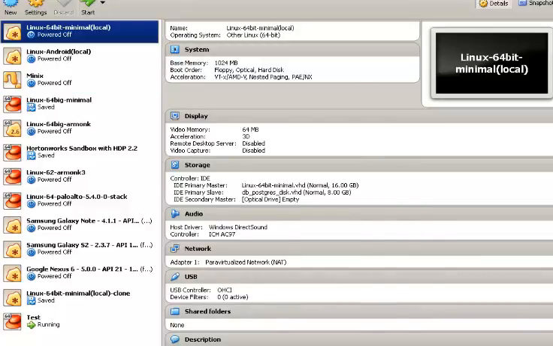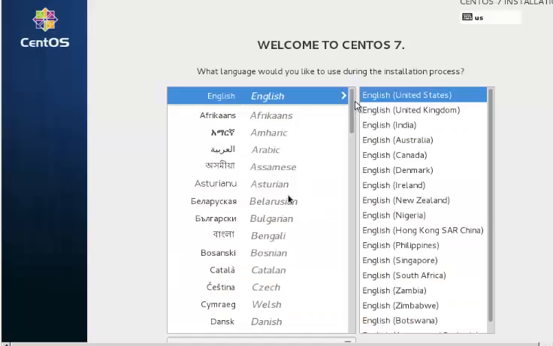Sorry, let me see if mine is running. Okay, so mine is running. I'll not install for real. I'll just pick a few things. So, oh, come on. All right, so it's right now. My mouse is trapped